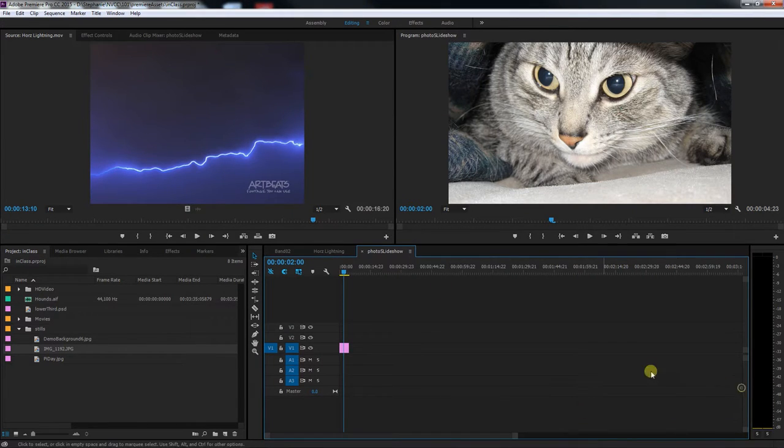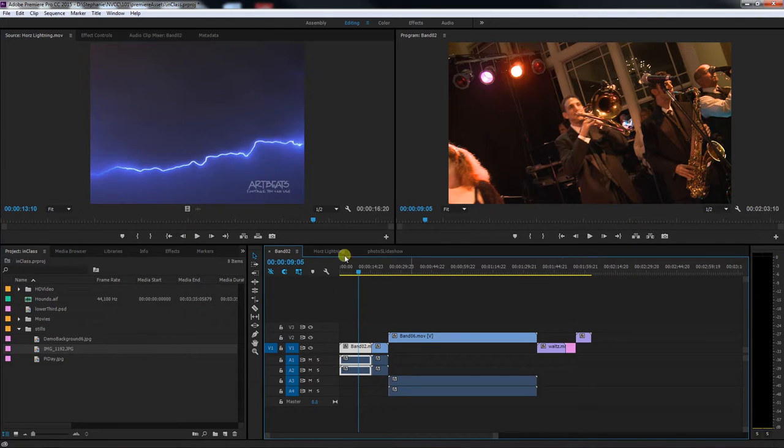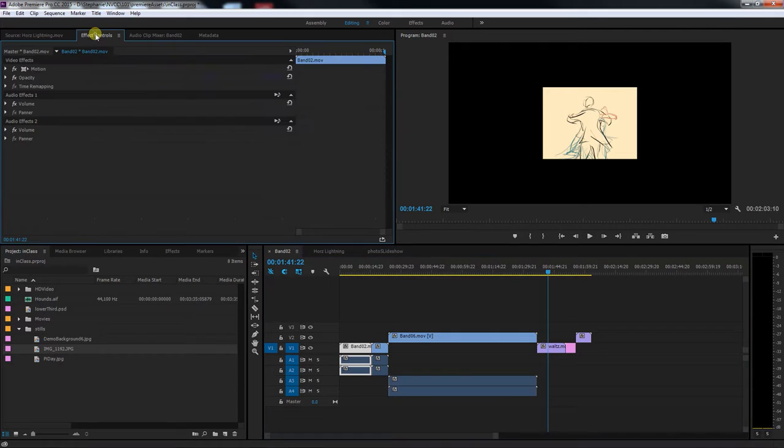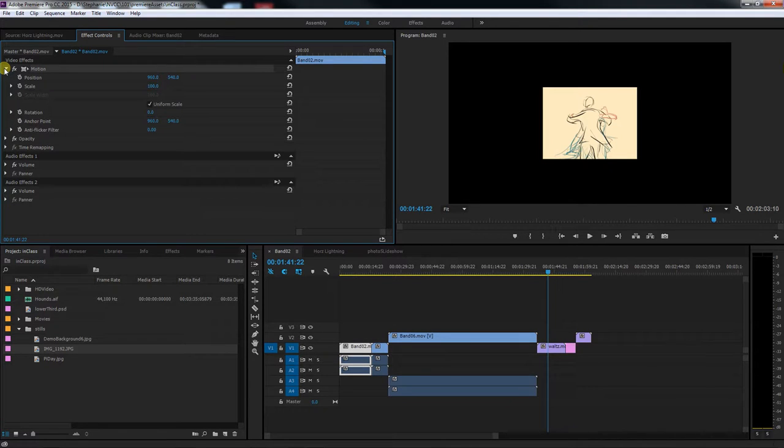Alright, so now that we've got video sizes up, we've got to deal with the fact that not everything you put in a video is going to be the same size. So how do we make this better? Over here in the top left hand corner, besides having the source video, you also have effects controls. And even before you put any effects on there, there are things in here that are going to be relevant. So the top one, every piece of video has this. It's called FX Motion. And you twirl down the little caret, that means you click on it. And you'll see here there's scale and position. And if I click on the scale number and just scroll to the side,